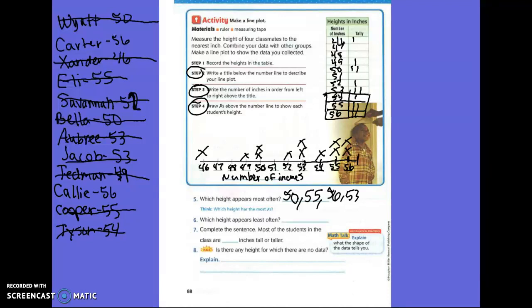Which height appears least often? Do we have more than one? Yes. Okay, so we have 47, 58, and 51. Okay. We can, no, you're right. We can say the ones with